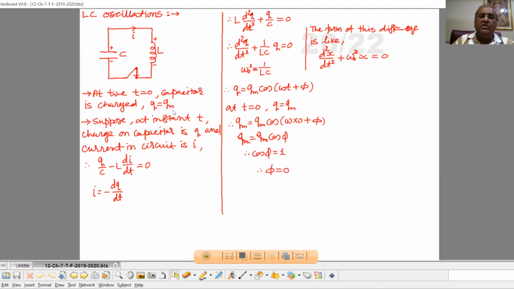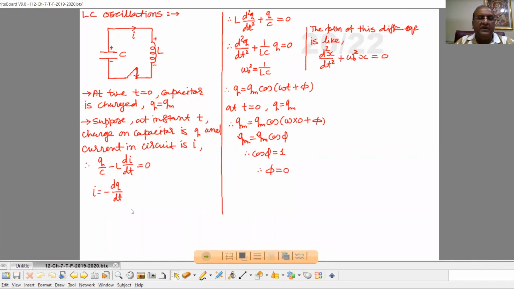Suppose at a particular instant t, the charge on the capacitor is Q and the current in the circuit is I. So the potential difference across the two plates of the capacitor is Q by C. Potential difference across the inductor is minus L di by dt. So we can write as per Kirchhoff's second rule, Q by C minus L di by dt equal to